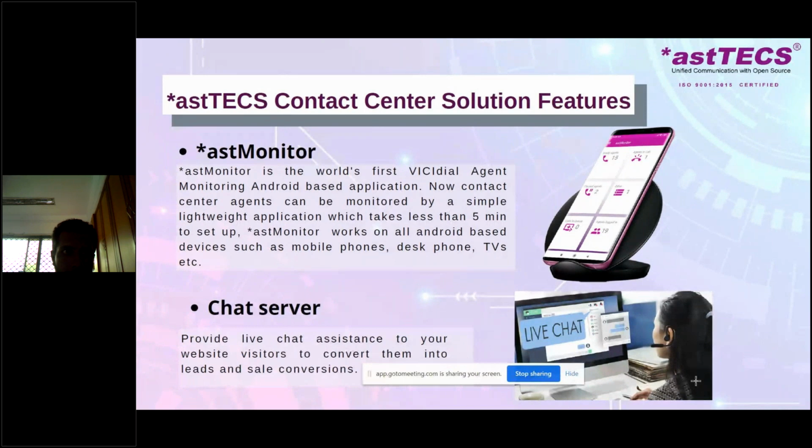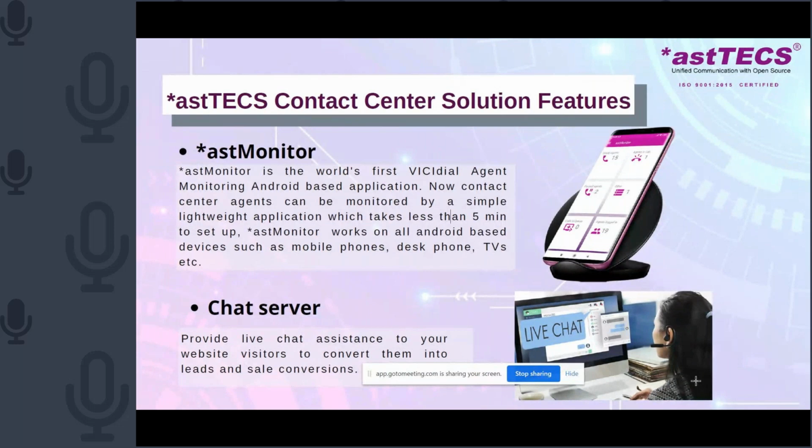We are first to develop a mobile monitoring tool for the VC dial application on Android, which helps your contact center agents be monitored with a simple, lightweight application that takes maybe 2 to 3 minutes. I gave you 5 minutes, but it's 2 to 3 minutes to do the entire setup.